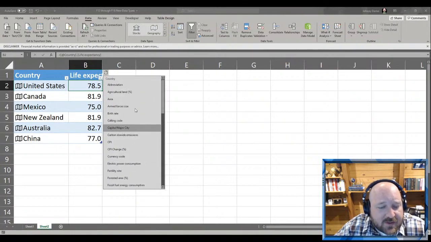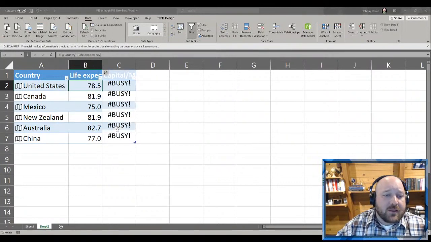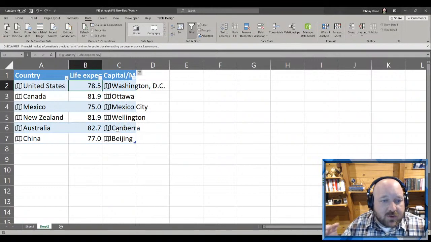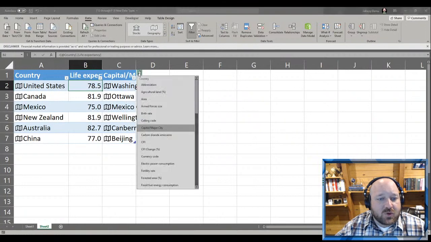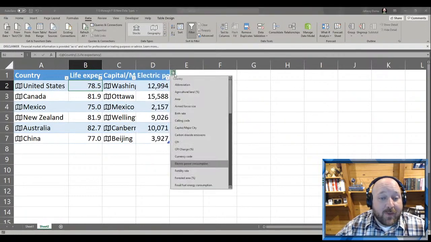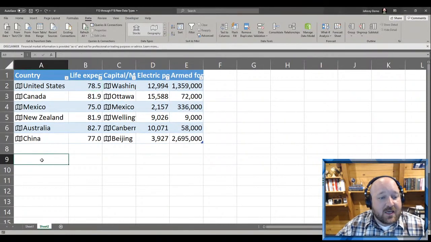Let's see if we can find this. And what I want you to know is that for each of these areas, there's going to be different data at a country level versus a state or territory level versus a city level. So here, for example, the country is definitely going to be the most, things like electric power consumption or armed forces size is going to apply to these countries. But if we were to do, let's say, city data,